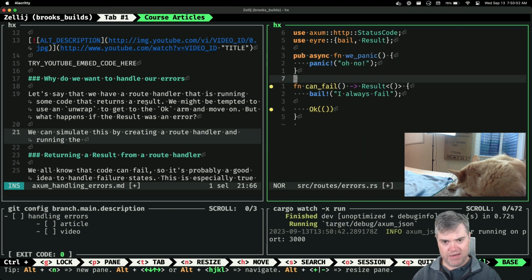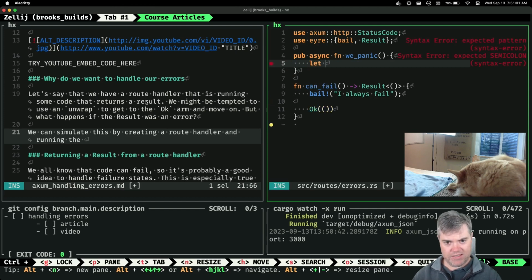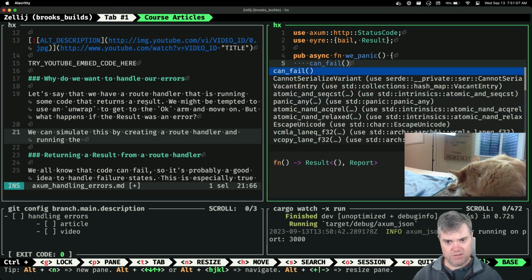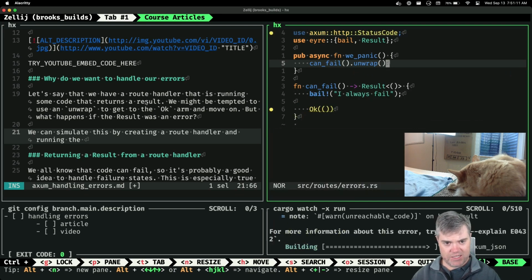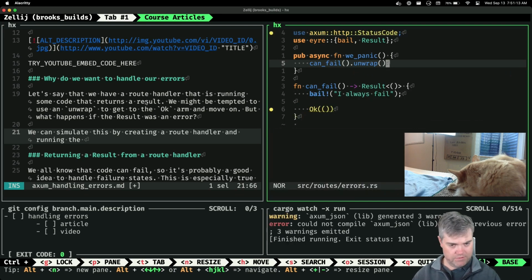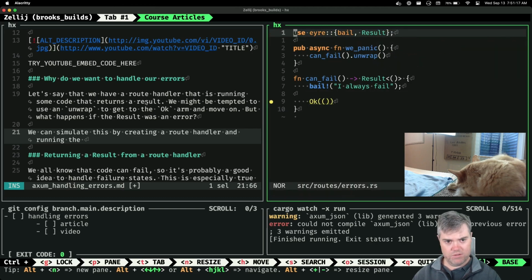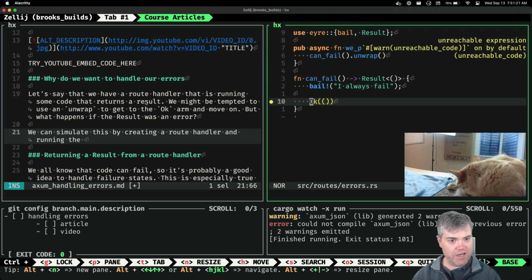Okay, so we panic. Let's do let. We'll just call can_fail and unwrap it. That's what we want to do. Okay, now it claims there's unreachable code.